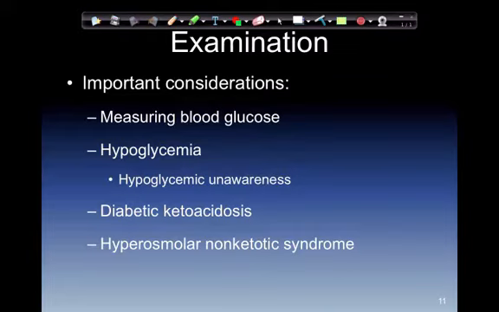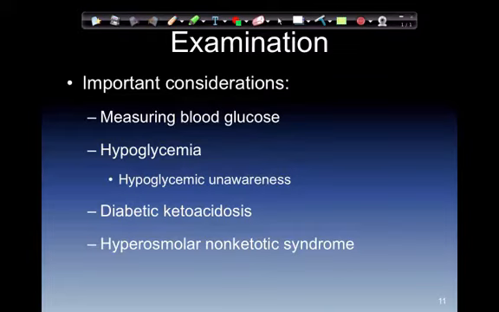So if you have an altered mental status, always check their blood sugar. In DKA, or diabetic ketoacidosis, the symptom pattern is a result of dehydration and acidosis. In HONK, or hyperosmolar non-ketotic syndrome, the presentation of the patient is one of profound dehydration without ketosis. The pancreas is still secreting a minimal amount of insulin, so that's why they don't start producing ketones. The key finding that should raise suspicion in HONK is altered mental status and extreme hyperglycemia.